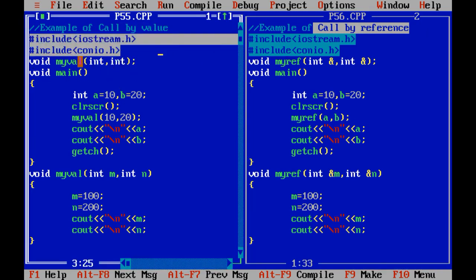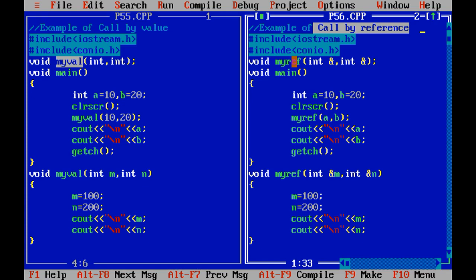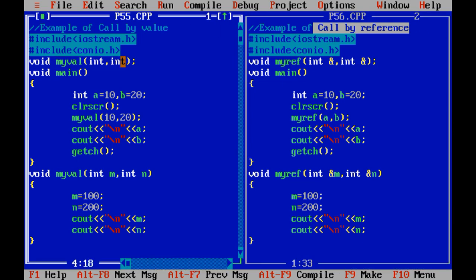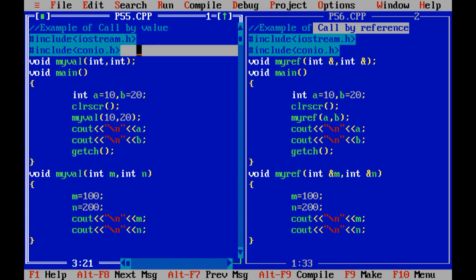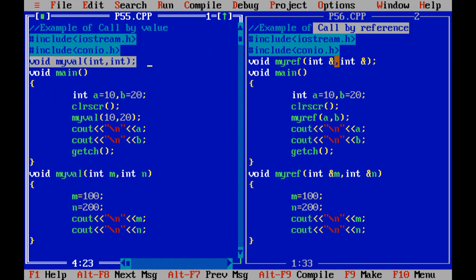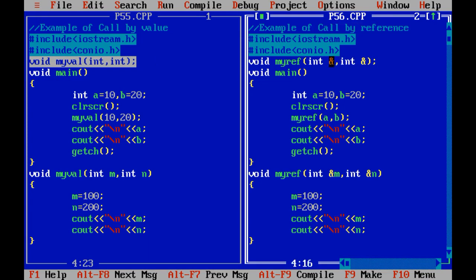Over here this function works for the value, that's why I have taken the name my value. Over here it is given to the reference, so I have passed the reference. Now over here I have passed two integer arguments because I am going to pass two values regarding the integer data. The only change while you declare the function is that you just pass the address of the variable in the myreference function.